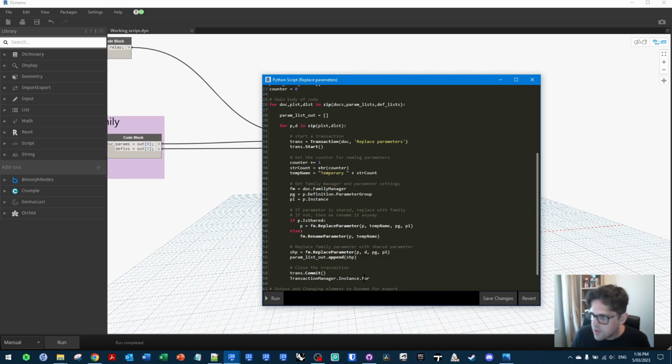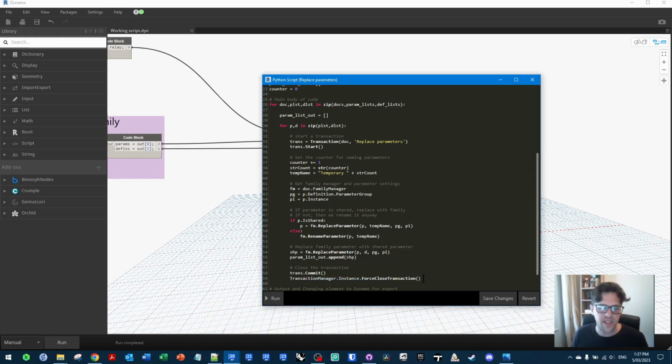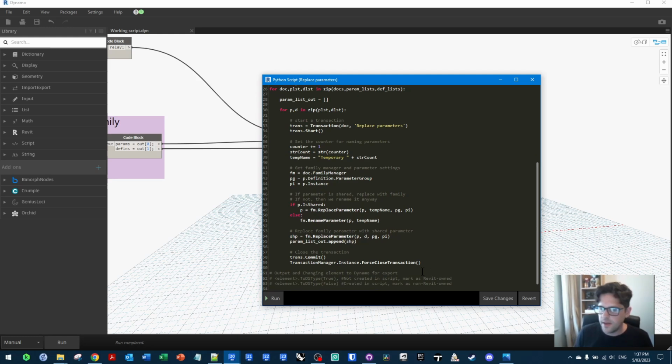Transaction manager dot instance. I'm pretty sure the spelling is right there. I can almost guarantee I'm going to get something wrong. I might just copy this line because I don't trust me typing these words out. But it should be transaction manager.instance.force close transaction. There we go. And after we've finished looping on the one family, we can then take the param